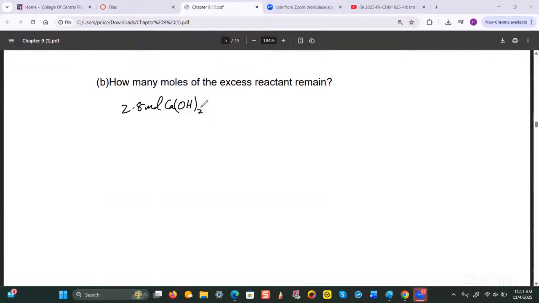Now, the way we go about solving that is that firstly, we need to determine how many moles of the excess reactant reacted, right? Which is the hydrochloric acid. So this is what I would do. I would find the mole ratio between the hydrochloric acid and the calcium hydroxide. And that's a 2-to-1 ratio where you're gonna have 1 mole of calcium hydroxide down here as the denominator. Up here, you're gonna have 2 moles of HCl, all right? So that would give 5 point,